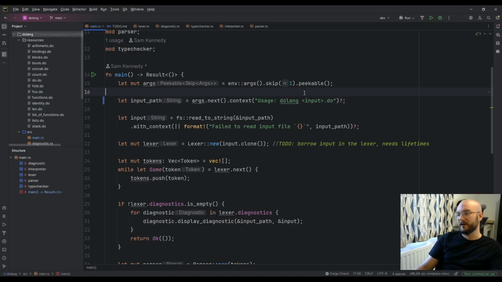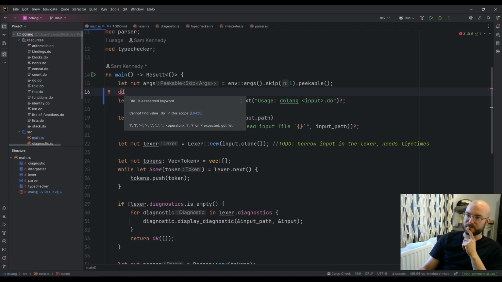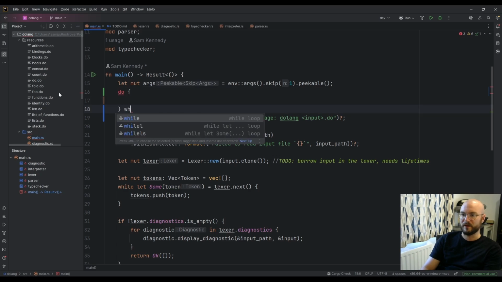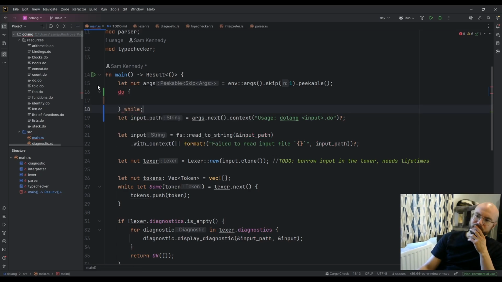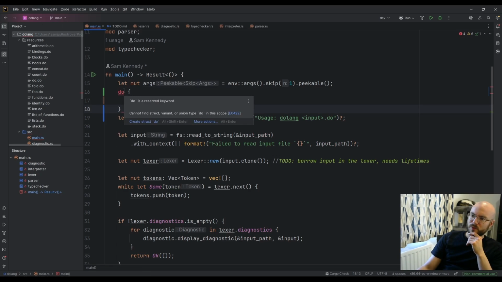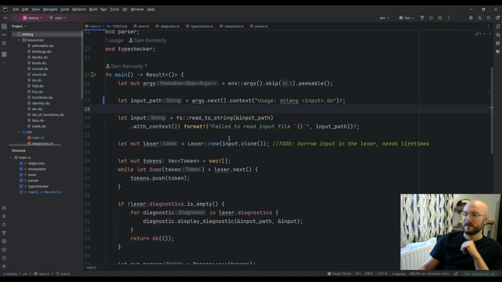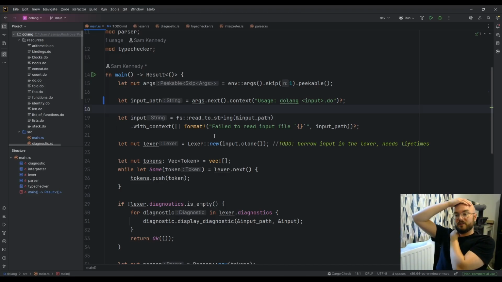because apparently I can't have a Rust program called do because that is a keyword, I guess, or is it? Yeah, do is a reserved keyword because I guess it's a do while. No, it's not. What does do in Rust? I don't think I've ever seen do in a Rust program. I'm not a Rust programmer, by the way. Everything I'm doing here, I've just learnt from seeing other people's Rust code and Googling, basically.